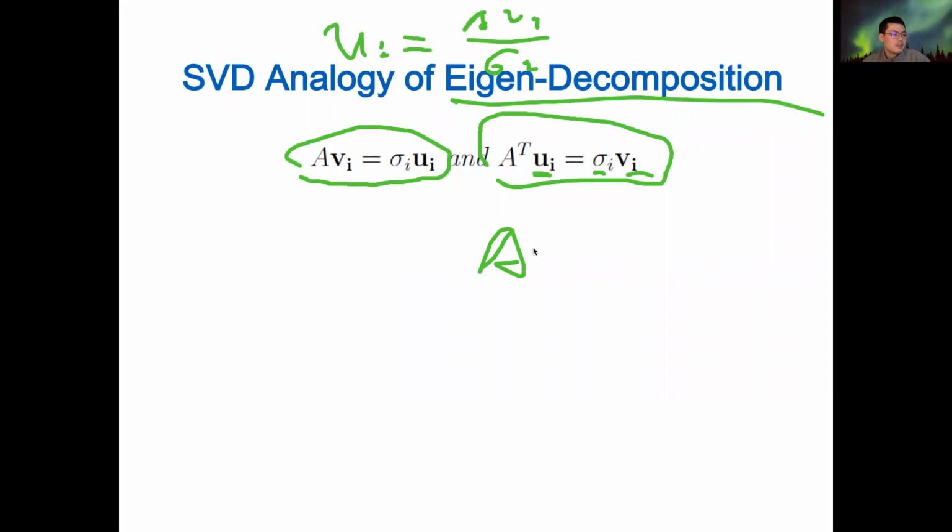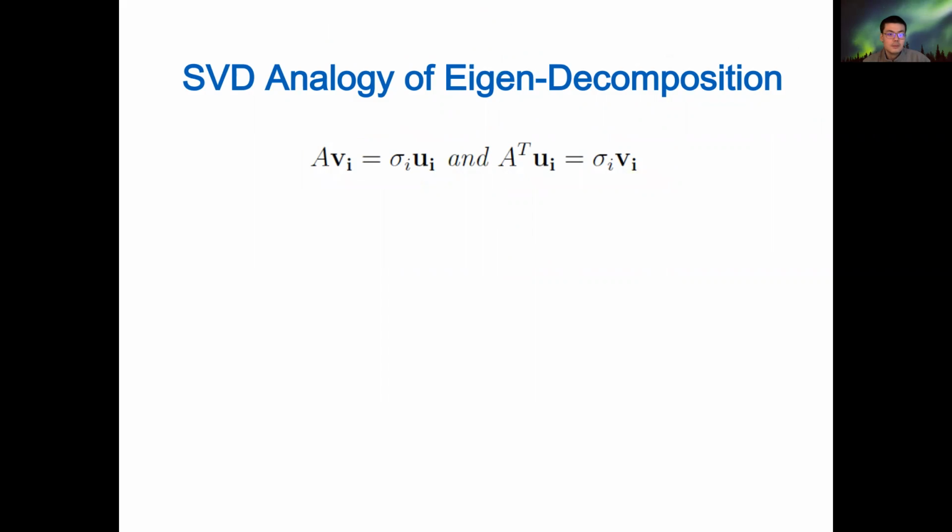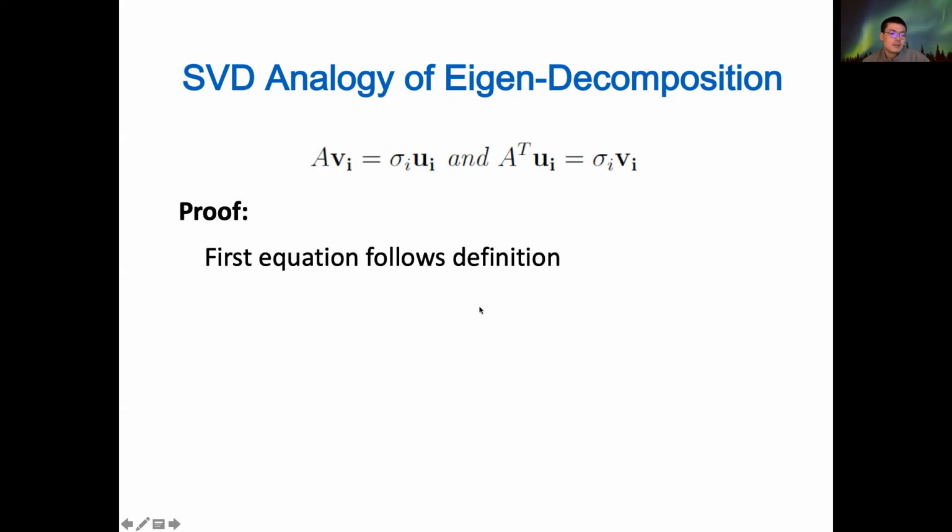We have A x equal to lambda x, sorry for the handwriting. But here the x will be different. It's not just a singular vector, it's not the eigenvector. It's a left singular vector and a right singular vector. That's a little bit different. So the first equation follows from the definition of how we define u_i, and we only need to prove the